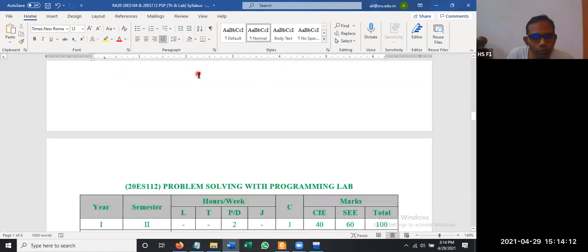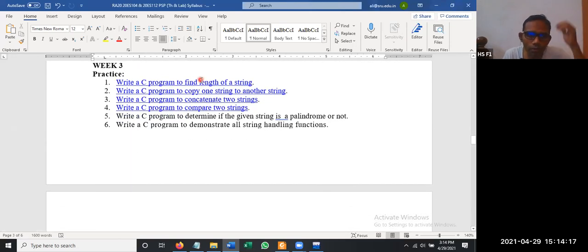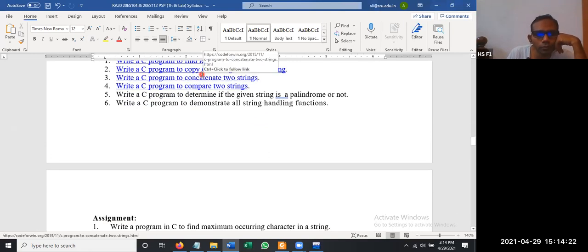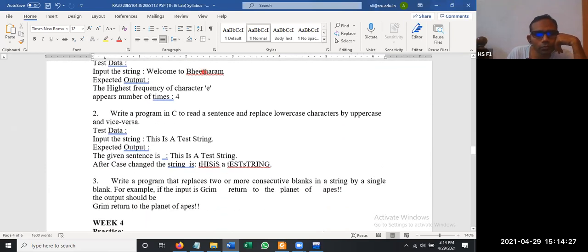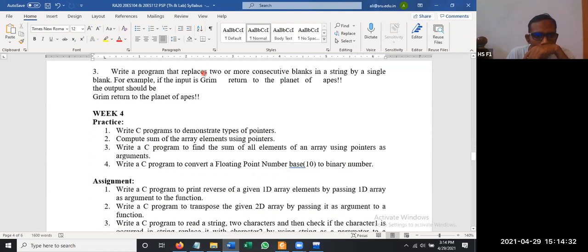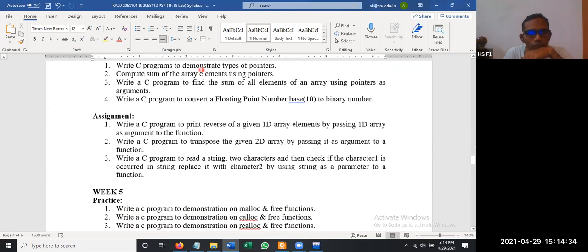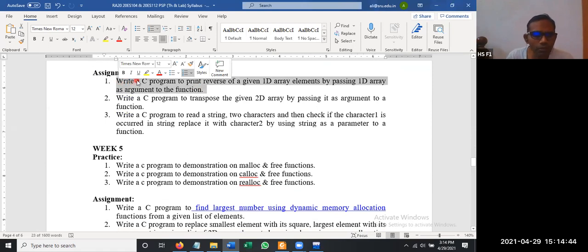So let us go to course assignment: write a Fibonacci series, length of a string, one string to another. Write a C program to print reverse of a given 1D array. Whether this one is over in the last class? Yes, I think so, it is over.